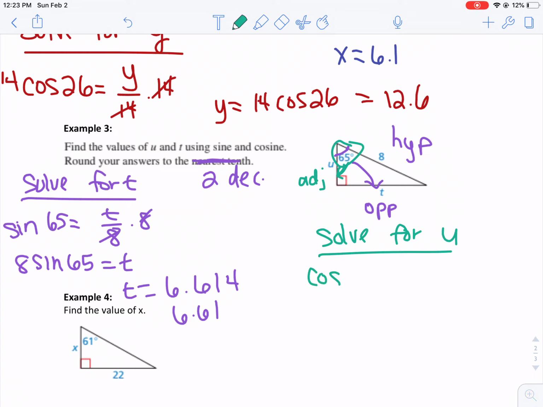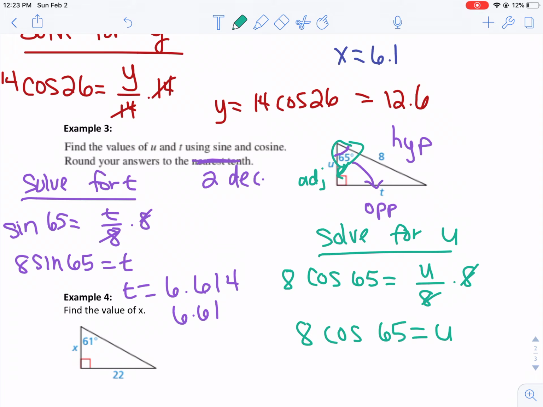So I'm going to take cosine of 65, and that's going to be adjacent, which is u, over the hypotenuse, which is 8. Multiply both sides by 8 to clear out the denominator. 8 cosine of 65 equals u. Type that in your calculator. 8 cosine of 65, and it gives me,